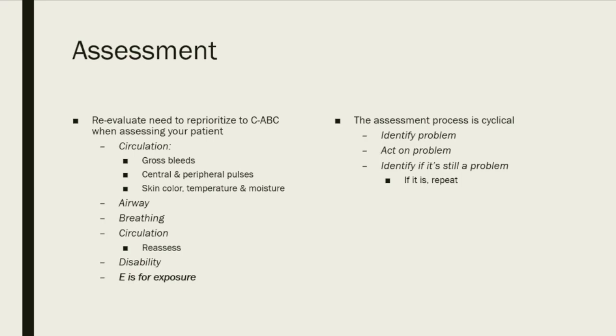And I talk about E for exposure here because you need to see if there's anything else going on, especially in your trauma patient. So what we'll do is we'll make the patient what we call trauma naked. You don't get any more naked than trauma naked. To see if they have any other wounds or if they're bleeding anywhere else that we need to know about. Because I can see if my patient's decompensating,